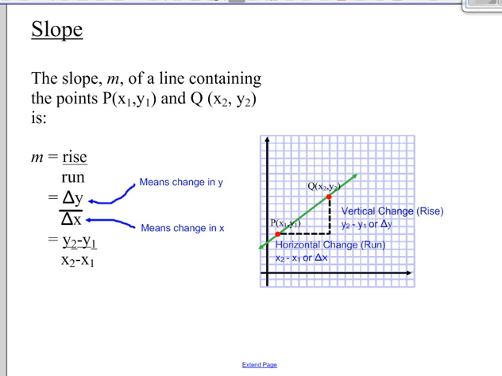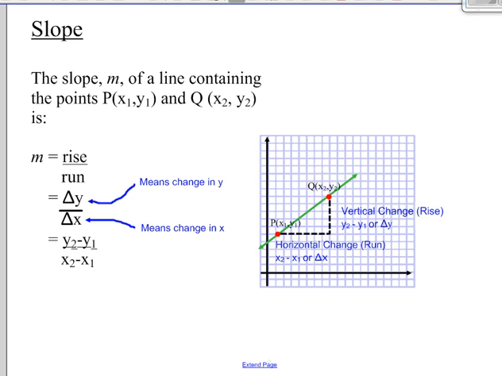Another way of saying that is the change in your y-coordinates. So if you look at this line here, how much have your y-coordinates changed from one point to the other? And then you can divide that by the change in the x-coordinate. So again, if you look at the horizontal, you can think how much has it changed from one point to the other horizontally. This triangle is just a symbol in math that we call delta. So I would read this as delta y, which means the change in y, and delta x, which means